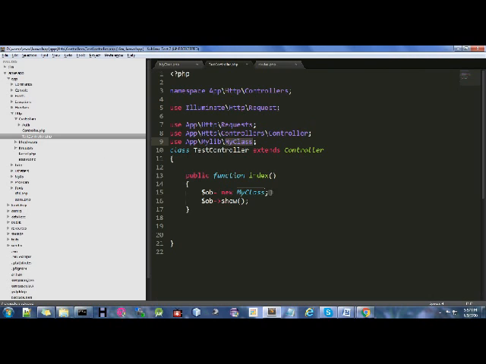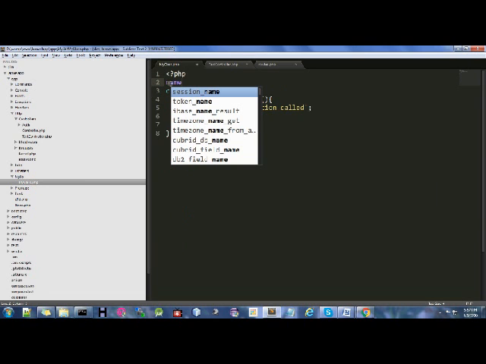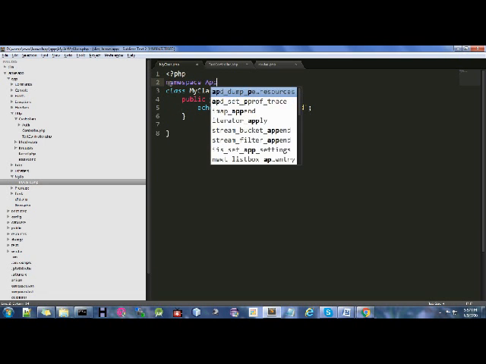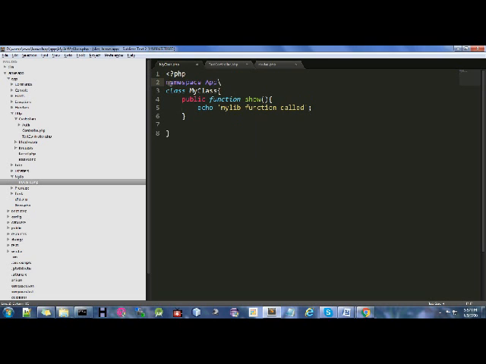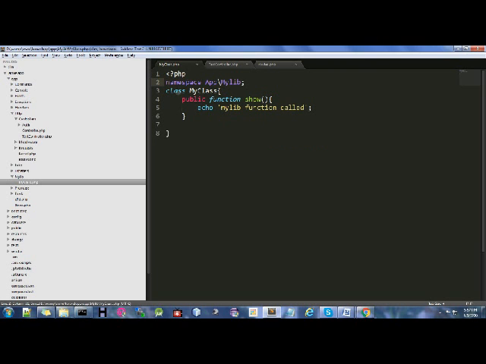Now my class is not found. This class is not found here, which means we have made one little mistake. We have not used a namespace. A namespace is nothing but the virtual path of your classes.